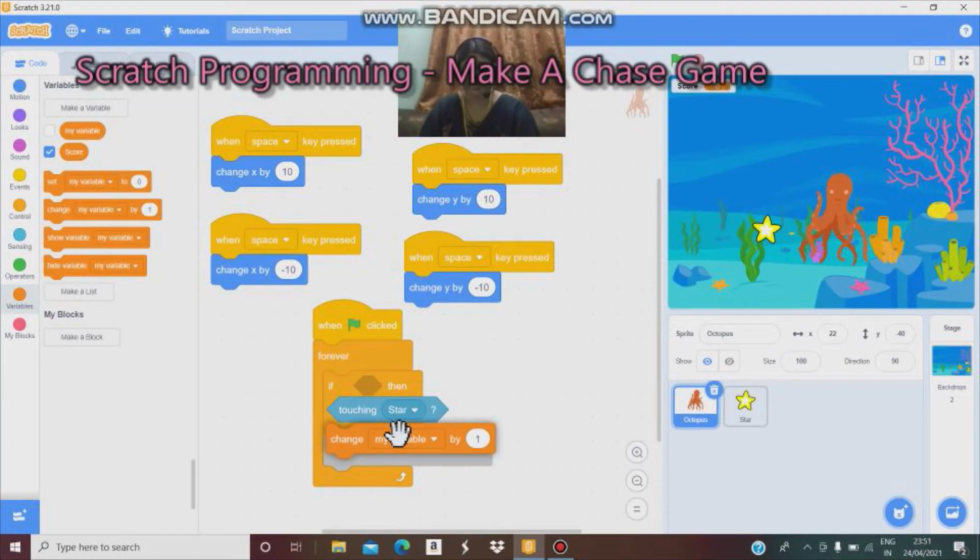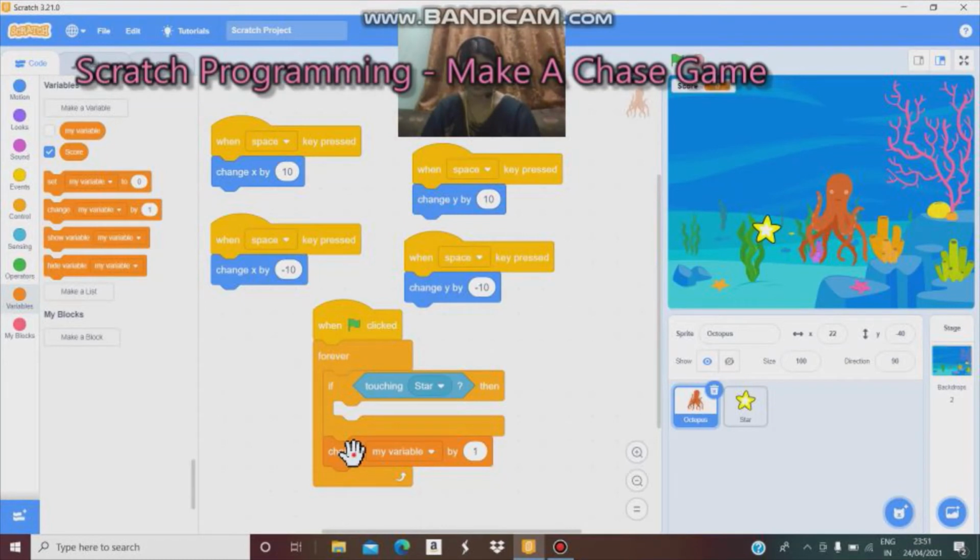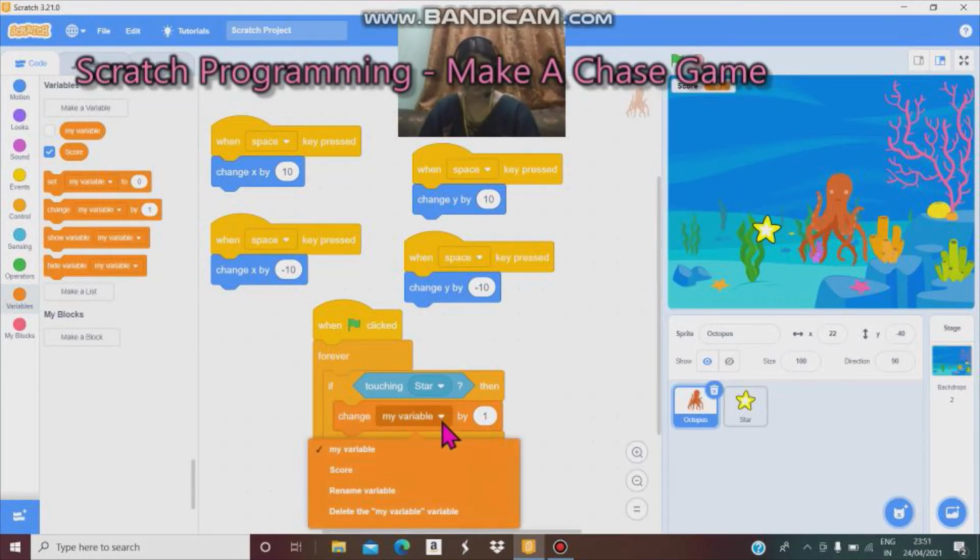Drag these blocks underneath. And select score.